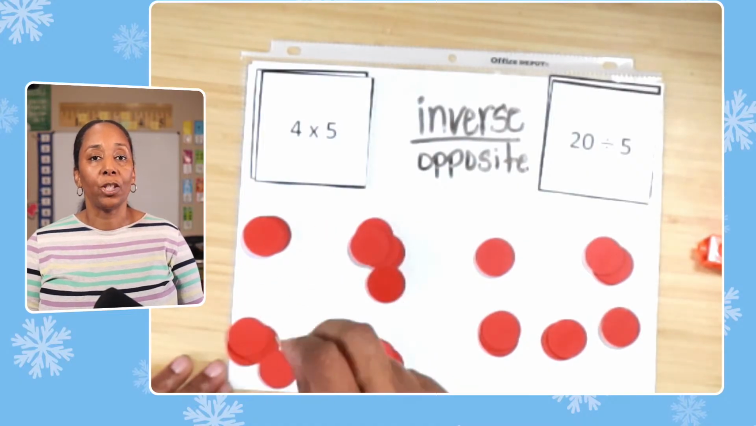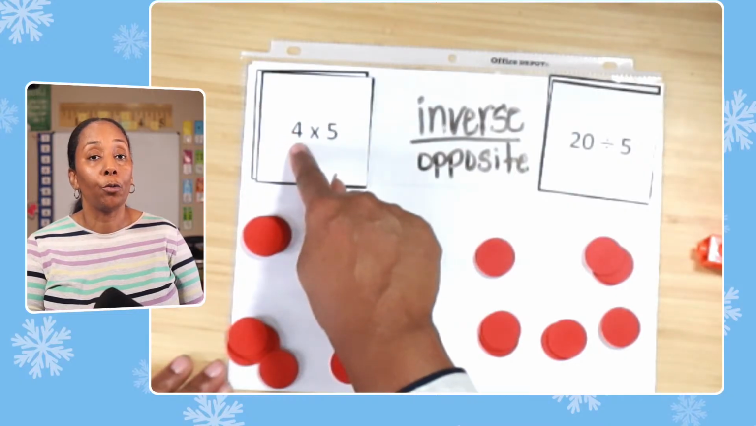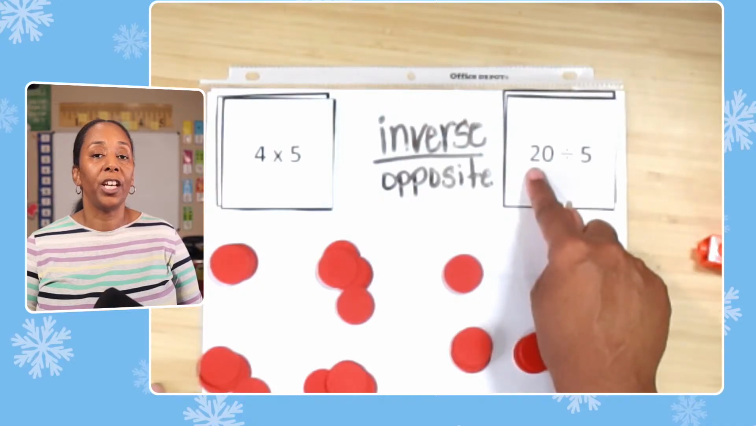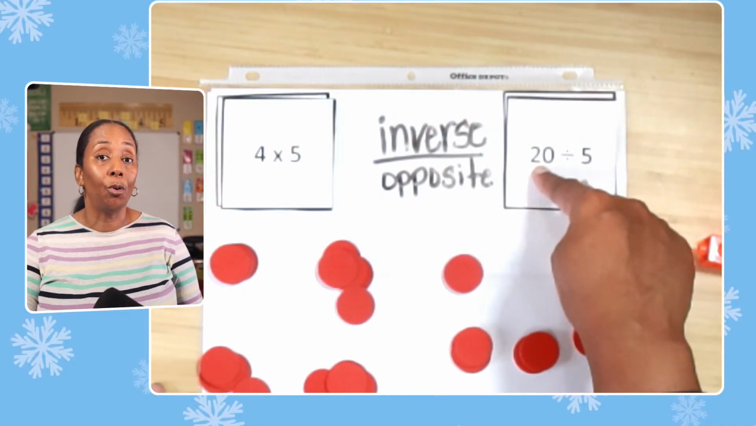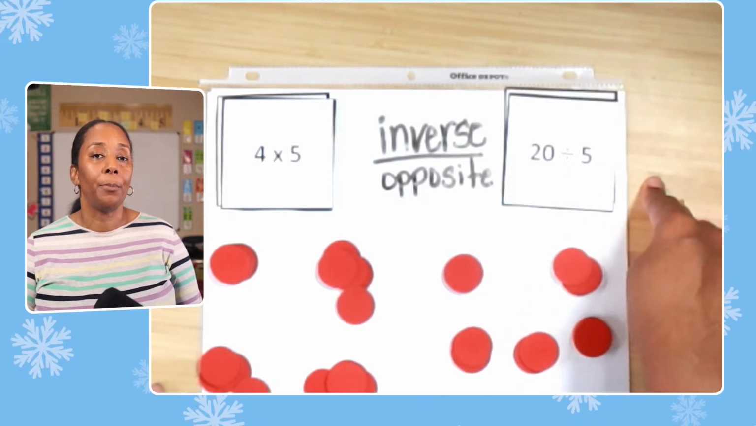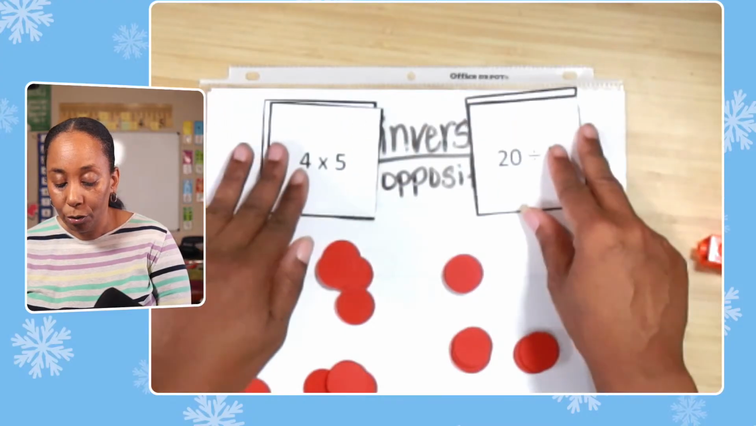So we had 20 and it told us we're going to have 4 groups with 5 in them. But the difference with division is that it tells us the total and how many groups we're going to have, but it doesn't tell us how many we're going to have in there. So when you put these two together,